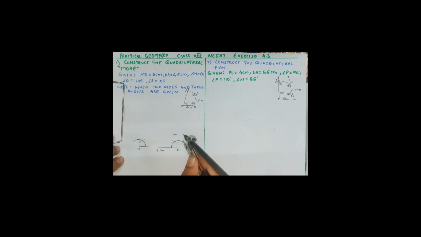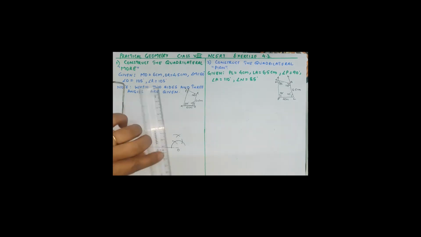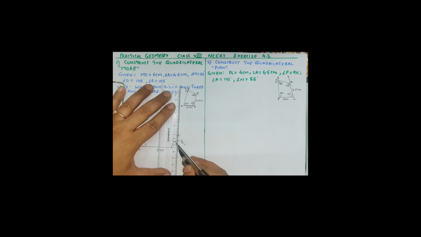and then 90 degree, which will help you to find out the angle between 90 and 120, which will be exactly the angle bisector. That is angle bisector of 30 degree is 15 and 90 plus 15 is always 105. So here it is 105. So it was your 60 degree. First arc always is a 60 degree. At O draw a ray OX such that MOX is equal to 105.